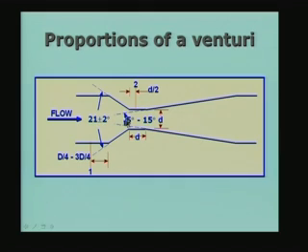So, if you choose an angle of 5 degrees, the length will be very large. If you take a 15 degree angle, it will be shorter. So, if you want a compact design for the Venturi, you go for a larger angle at the diverging section. If you do not mind having a very long Venturi, you can go for a 5 degree nozzle or any value between 5 degrees and 15 degrees.